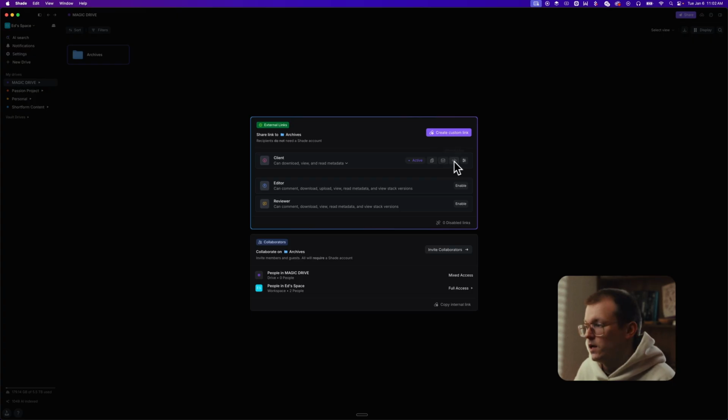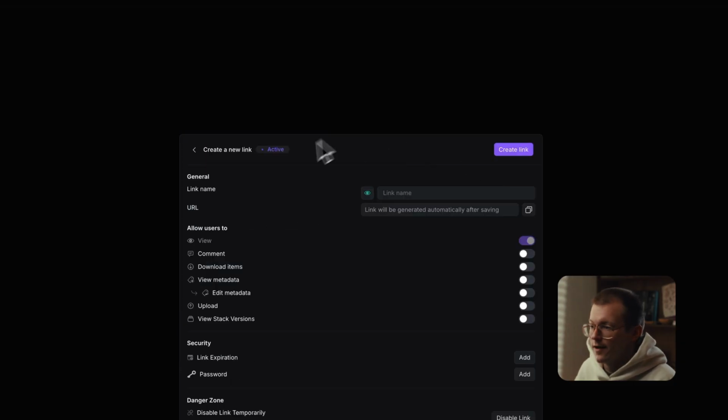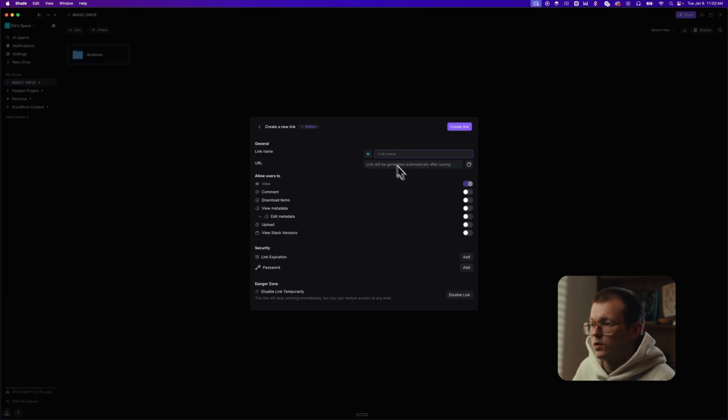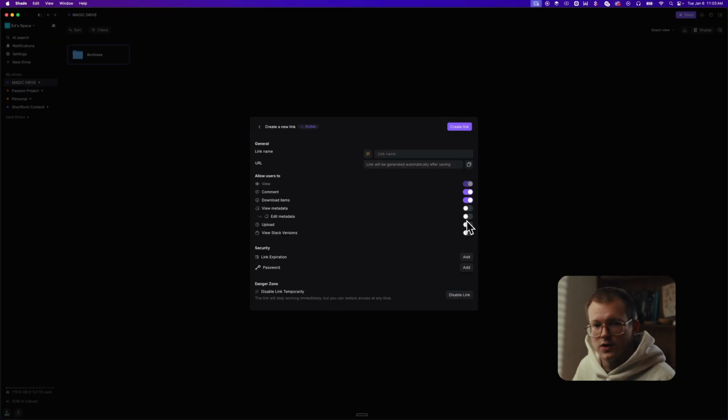new and very cool. But if these default options don't really work for you, then you can create a custom link. And the custom link is really cool. You can change the link name. Once you hit create link, then the link will be generated here for you to copy. You can customize exactly what you want them to have access to. The possibilities are endless with this custom link situation here. I actually really like this interface. I've used a lot of the other options out there, and this gives you the most control, which